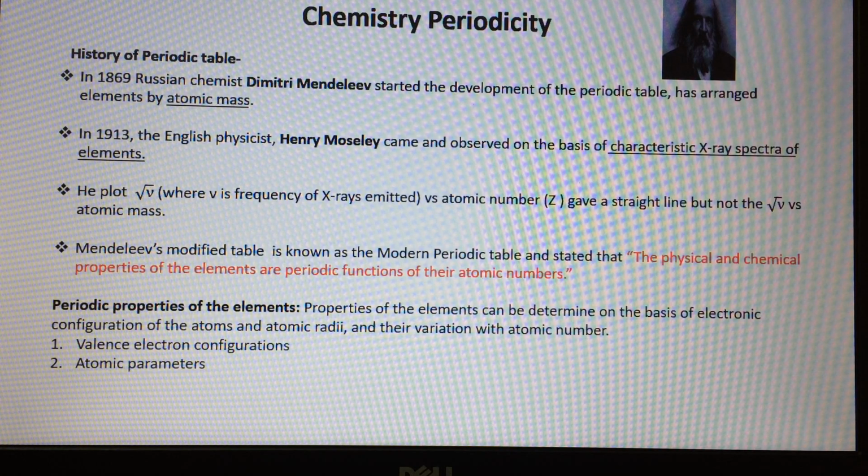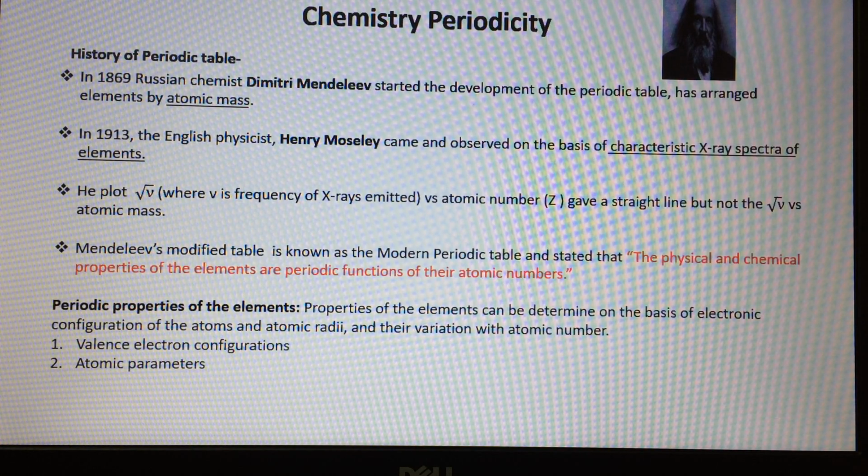During that period, they arranged by atomic mass, but that arrangement did not fulfill all the properties, and also did not favor the properties of electronic configuration, all those things. So in 1930,